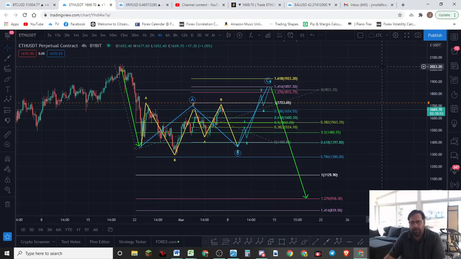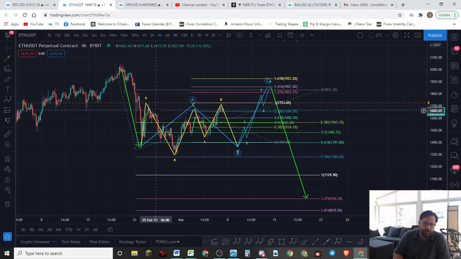Things can change at the drop of a hat, guys. As soon as this particular trade idea is invalidated, then we go to the next one. So you have to realize about Elliott wave, guys, in 2 days, 3 days, I might find out that this wave count is incorrect, that the market is not doing what I'm expecting, and therefore we invalidate it.